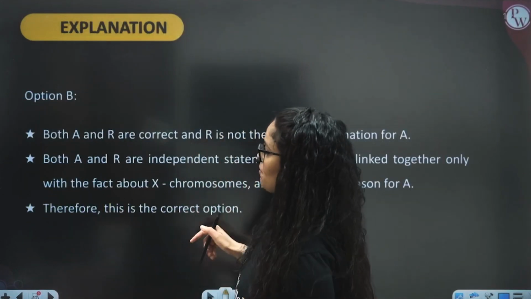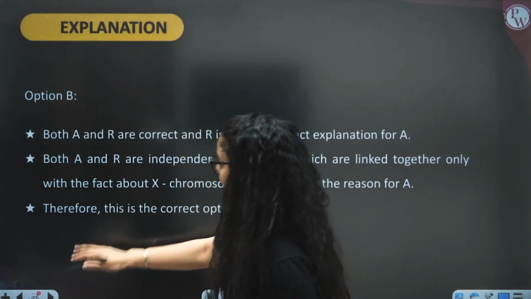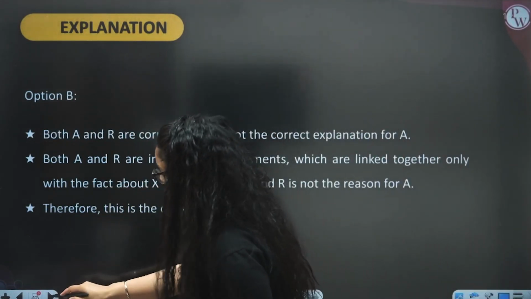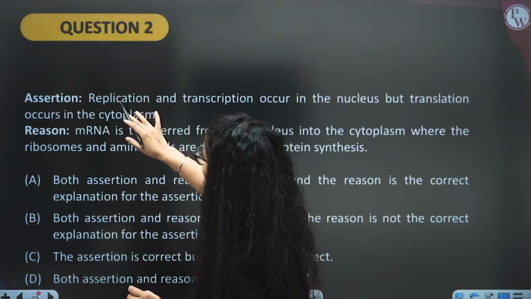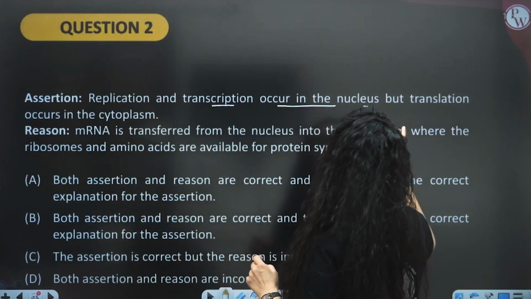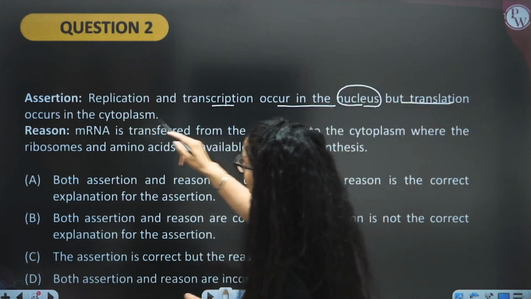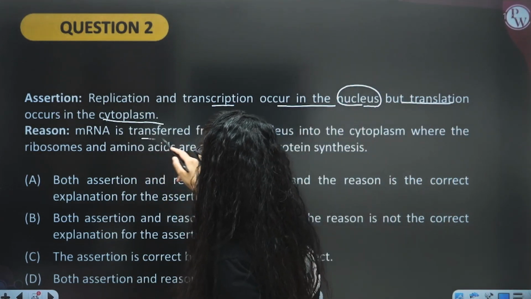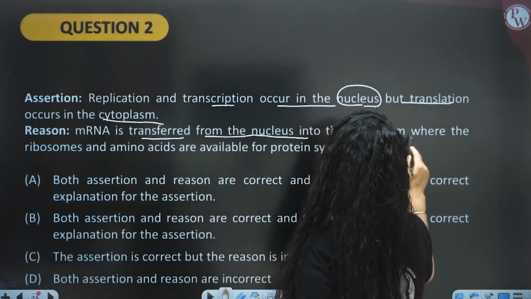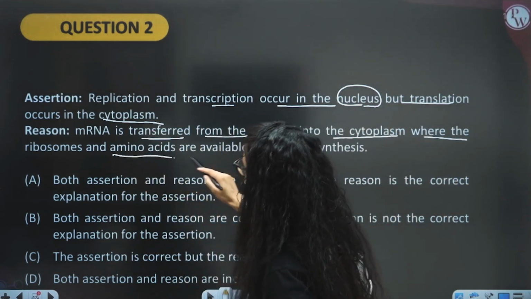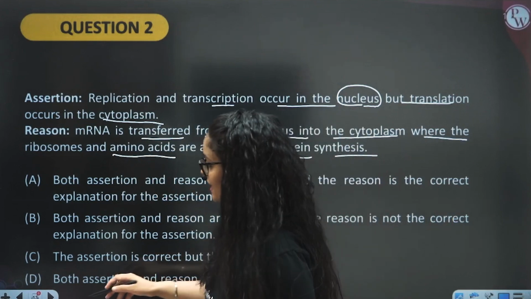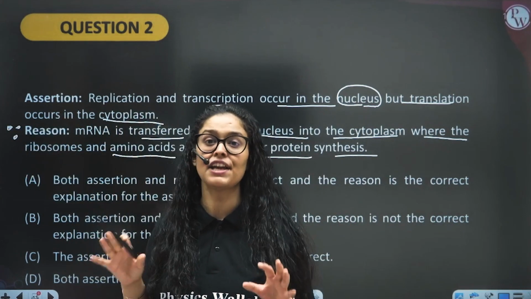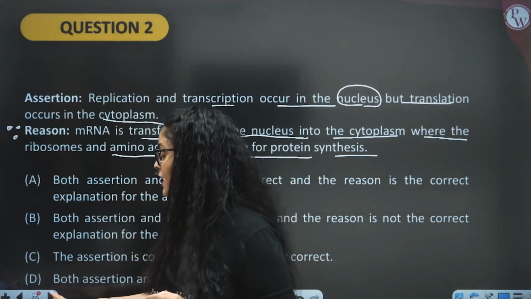Now the second type of question, right? So why is answer B there? I have told you both the statements are independently true, right? So you can read this. Second: replication and transcription occur in the nucleus, but translation occurs in the cytoplasm. Reason: mRNA is transferred from the nucleus into the cytoplasm where the ribosome and amino acids are available for protein synthesis. So when you read the assertion and use "because" and see if it is justifying the assertion or not,